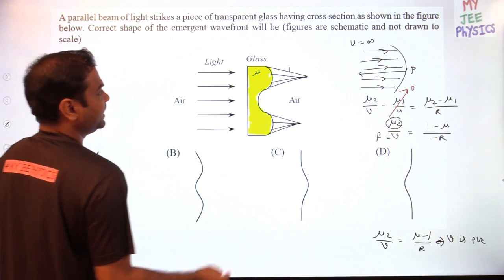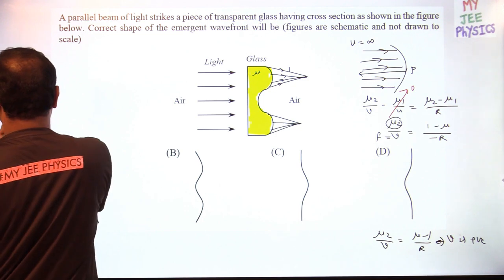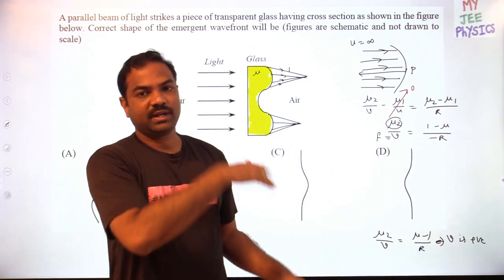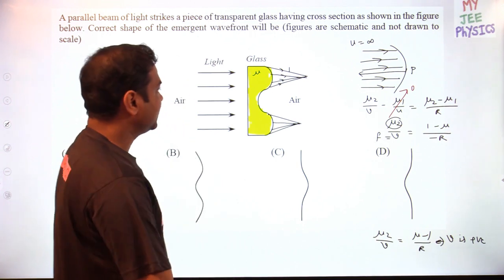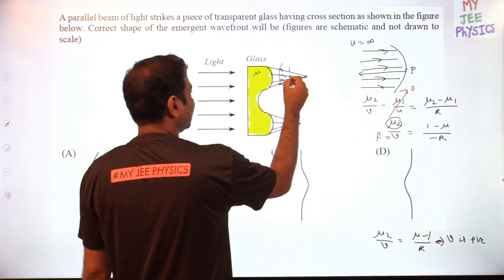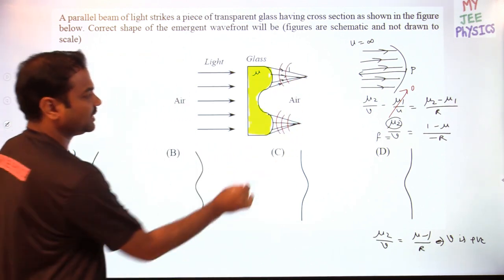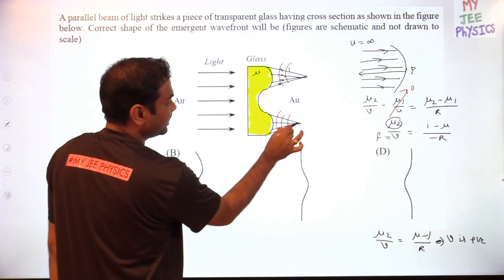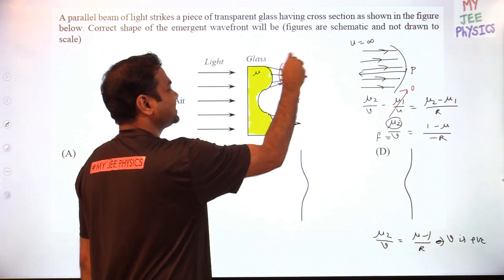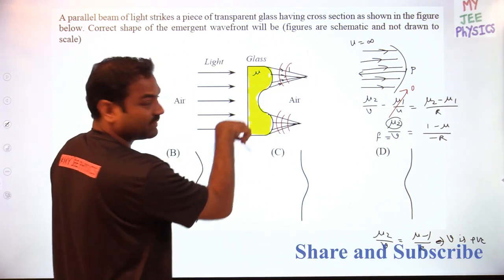So if these are the rays, how would the wavefront be? The wavefront would always be perpendicular to the rays we are drawing. So the thing should be something like this. The wavefront should be somewhere in this way, perpendicular, so that this becomes the center. Now this acts like a point source, so the wavefronts will be circular about the center. Exactly the reverse phenomenon over here, because the curvature is reversed.